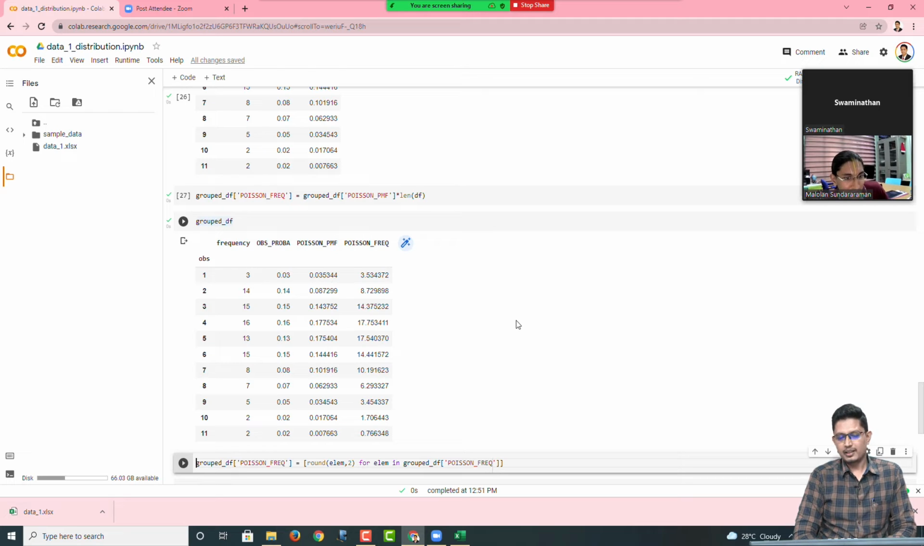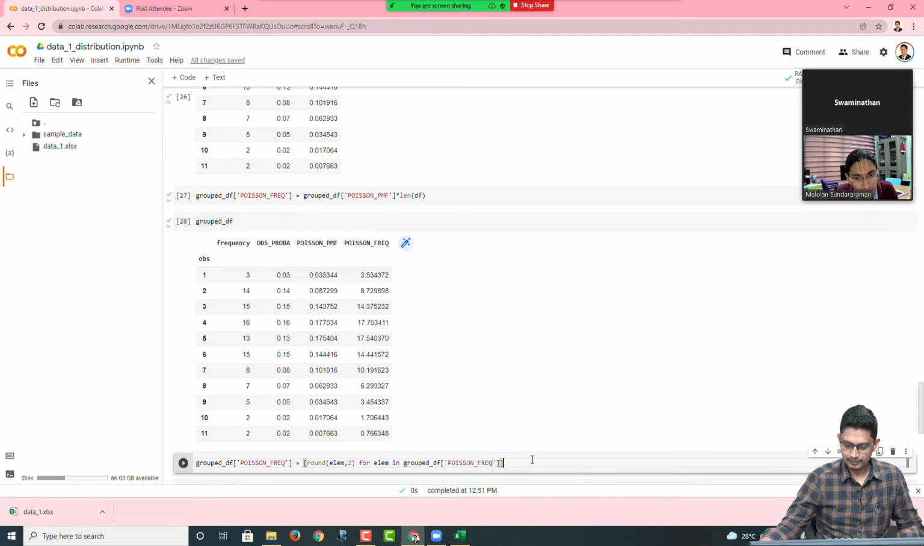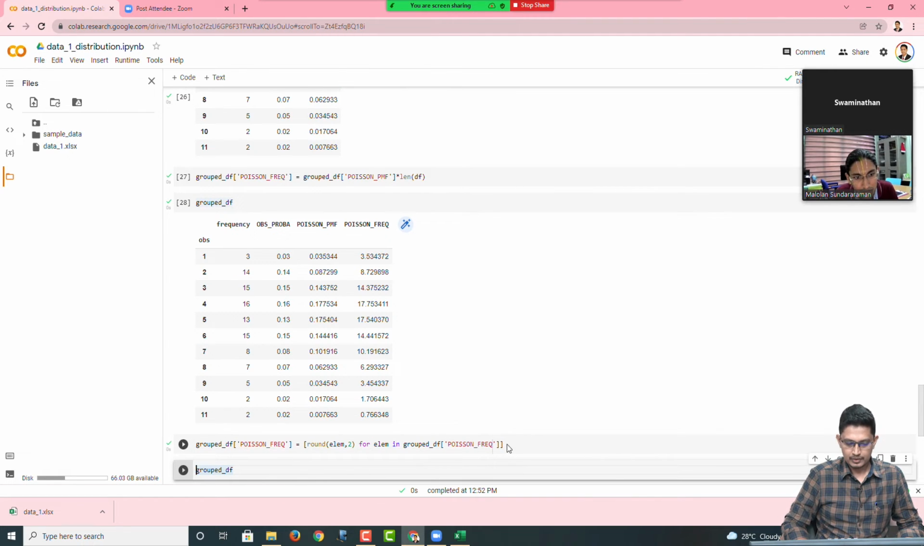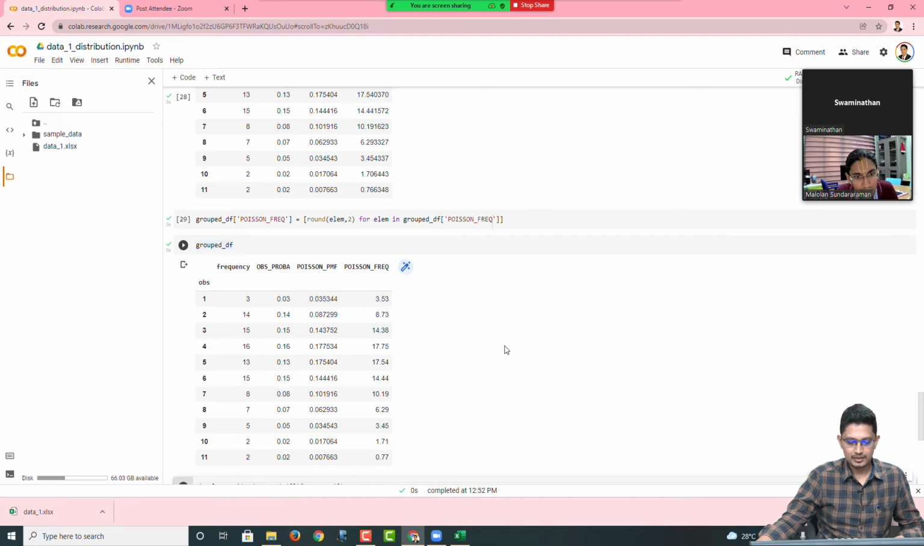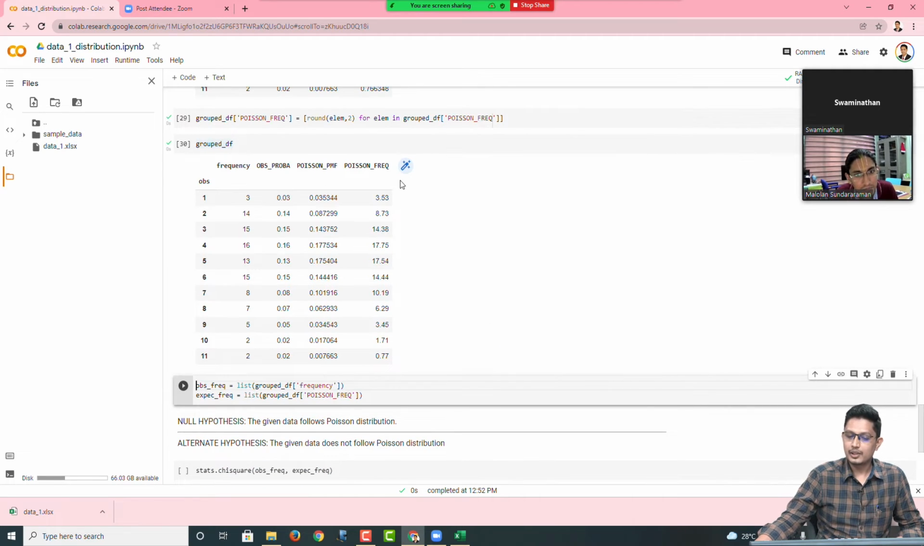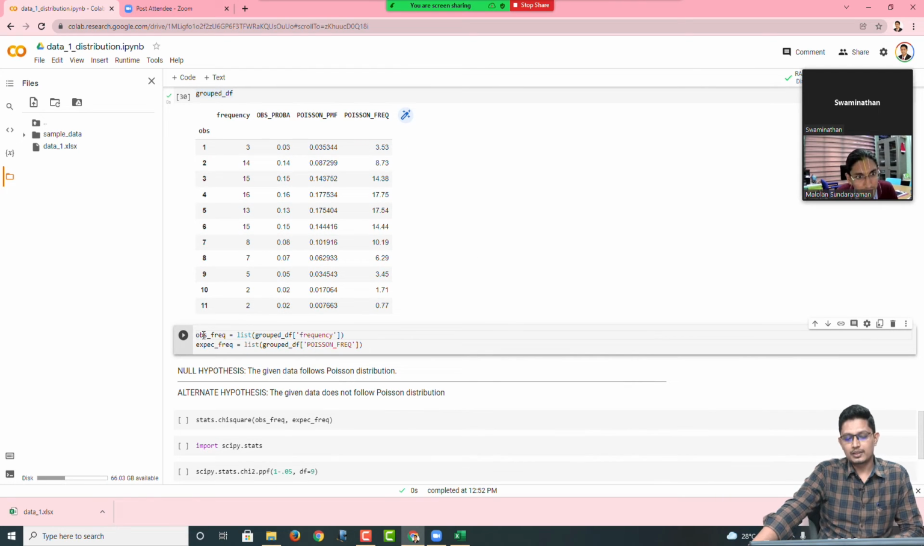Yes. And also the Poisson frequency, since Poisson is a discrete distribution, we have this frequency in decimals. The number of decimals is too much. So let's round it off to 2 so that it looks better. So ideally, it's the theoretical frequency. Therefore, you can have decimals. And now I'm creating 2 lists. One is observed frequency, other is expected frequency. And so this